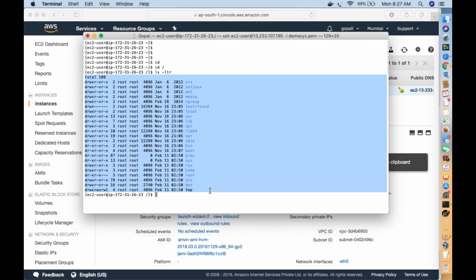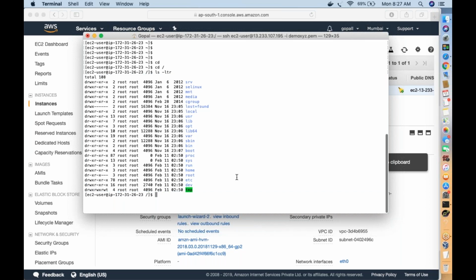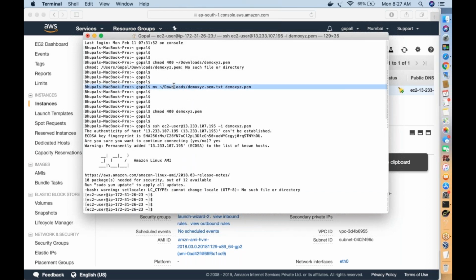Yes, Gopal. But if you go up, I just want to know what command you used for mv. Okay, this command. Basically, when I downloaded the file, it did not download properly on my Mac.